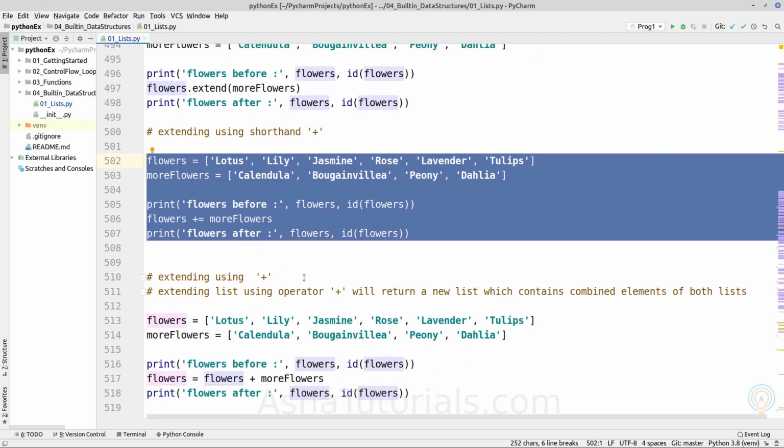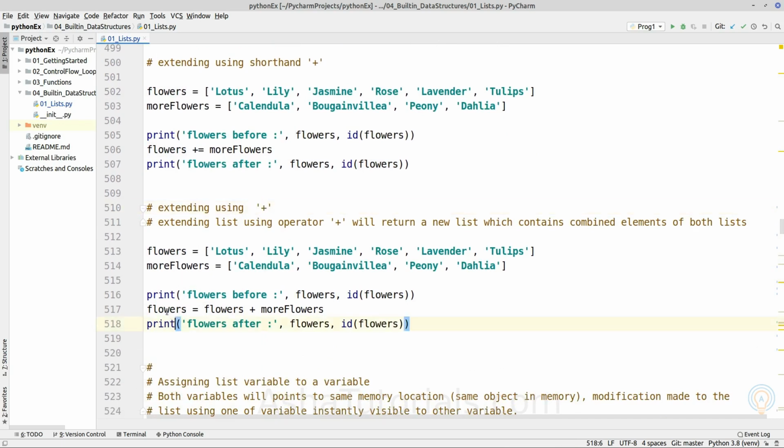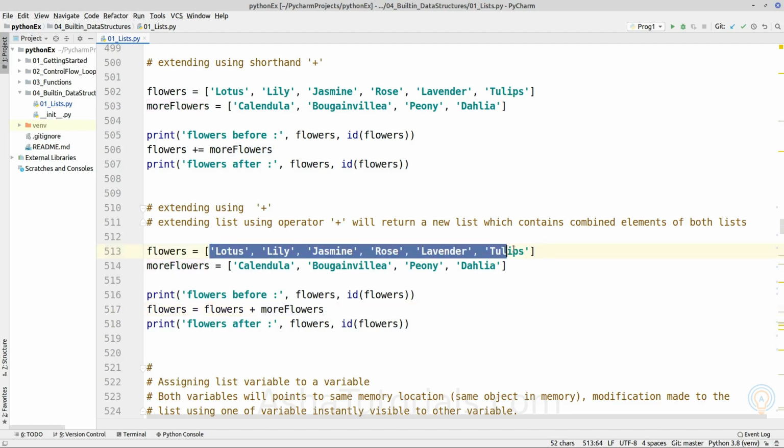But if we don't use the shorthand operator and we write like this, flowers equal to flowers plus more flowers, it will return a new list object which contains the elements combined in the given order.